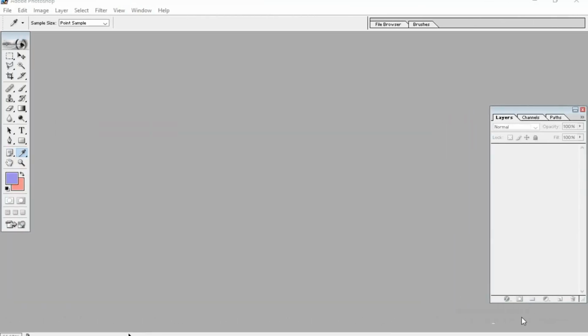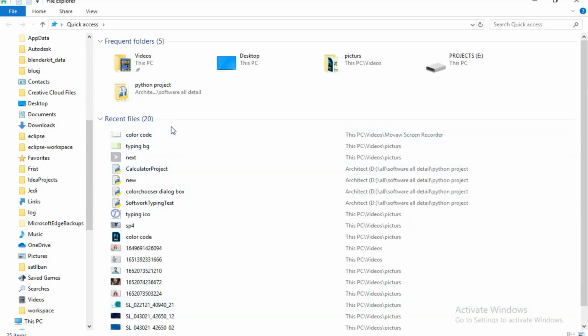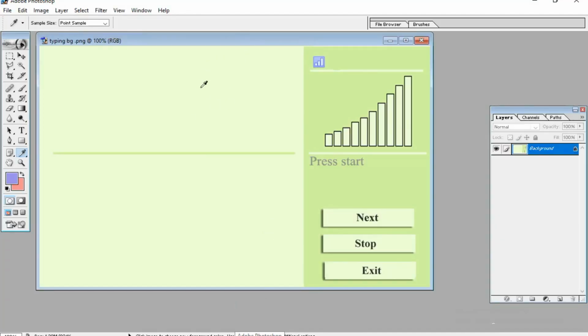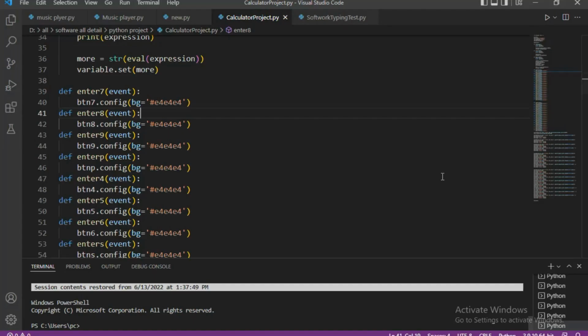Today I will show you how to get a color code from any image using Photoshop. Suppose I want to get a color from this image. This is my typing speed project image. You can see this project in my playlist. I want to get the color of